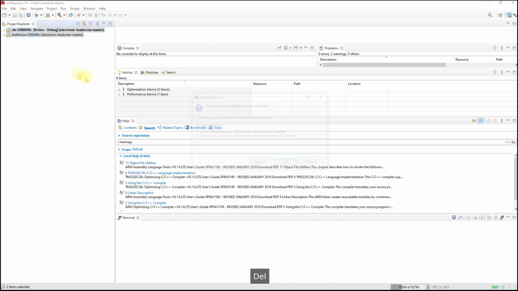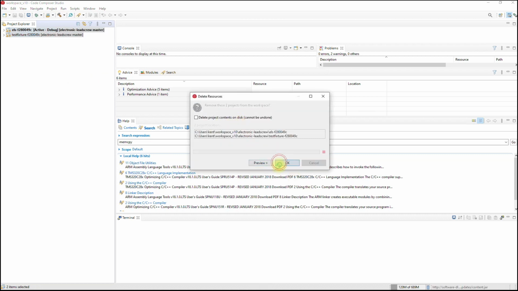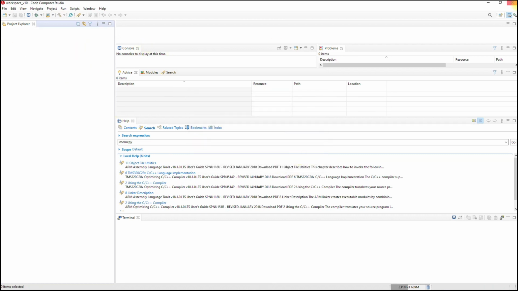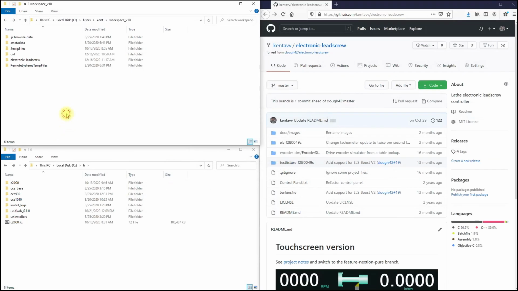So I select the two projects and delete them. That removes them from Code Composer. The files are still on the file system, so just go into the directory and delete that folder. I'm using the default workspace directory,